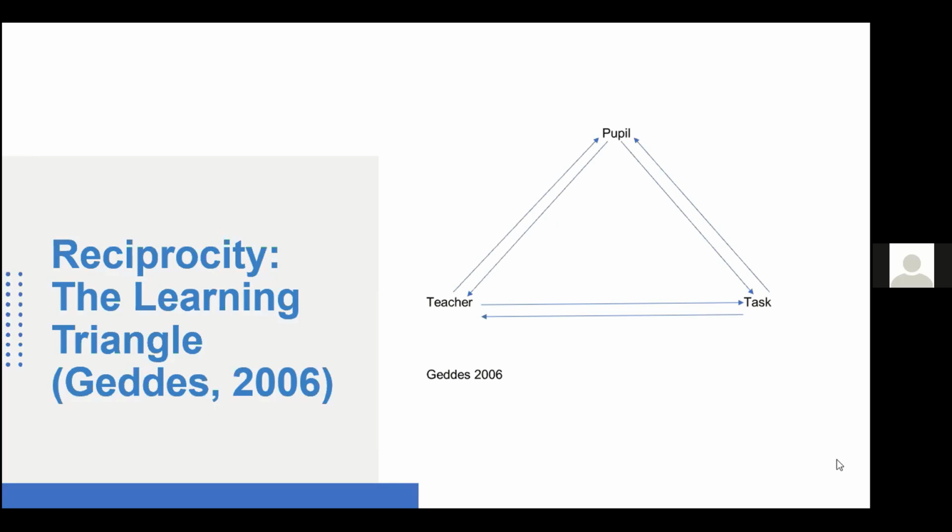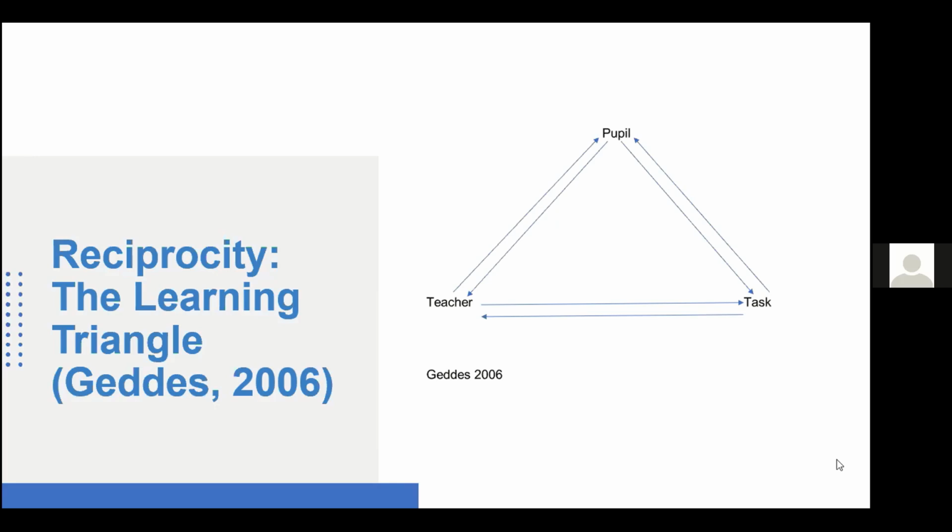But we can also think about this model in terms of the insecure attachment styles, and that allows us to consider whether it's the relationship with the task or the supporting adult that actually needs the intervention. So, for example, in a child who has an avoidant attachment style, the child would want to engage independently with the task, and they would struggle to engage appropriately with the teacher due to the uncertainty and anxiety linked to the availability of acceptance and support. So in that case, the task is the starting point through which the teacher can seek to engage the child. So they shouldn't be trying to engage the child through their relationship with each other, but they should be using the task to mediate that.